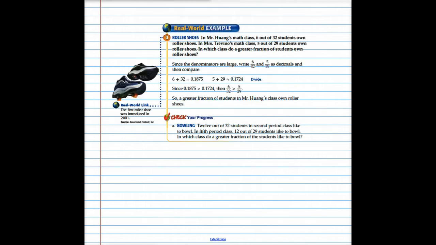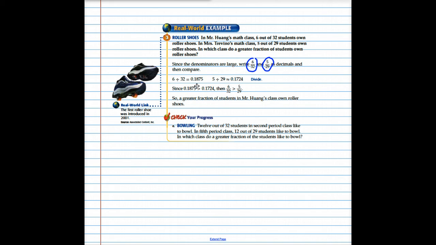In Mr. Hong's math class, 6 of 32 students own roller skates. In Mrs. Trevino's math class, 5 of 29 students own roller skates. In which class do a greater fraction of students own roller skates? Since the denominators are large, write 6/32 and 5/29 as decimals. So we're knowing that this is a numerical expression. Both of these are. We take 6 and divide it by 32. We get 0.1875,